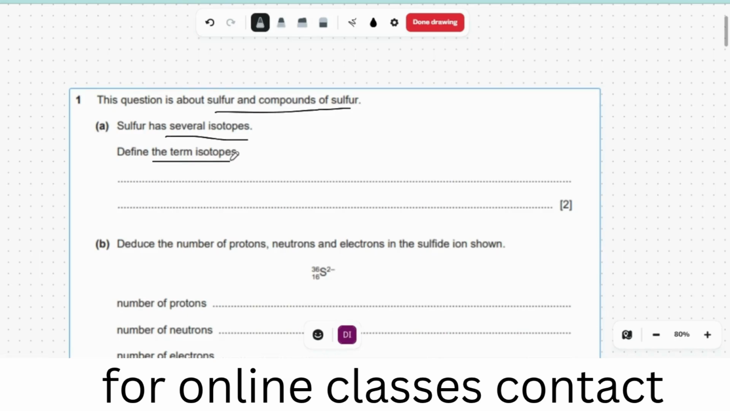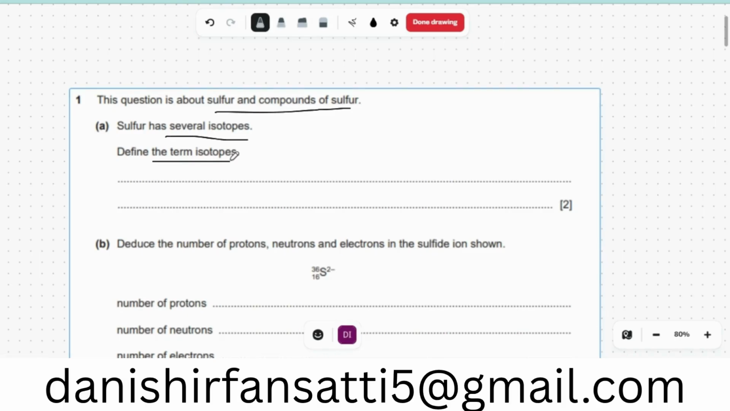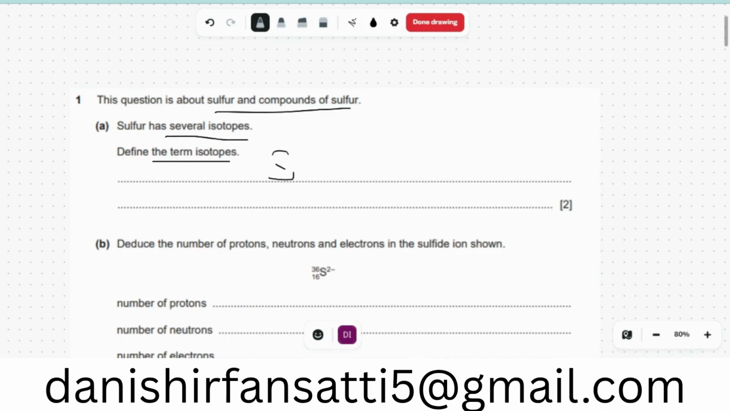An isotope is simply an atom with the same number of protons but a different number of neutrons. Okay, now,